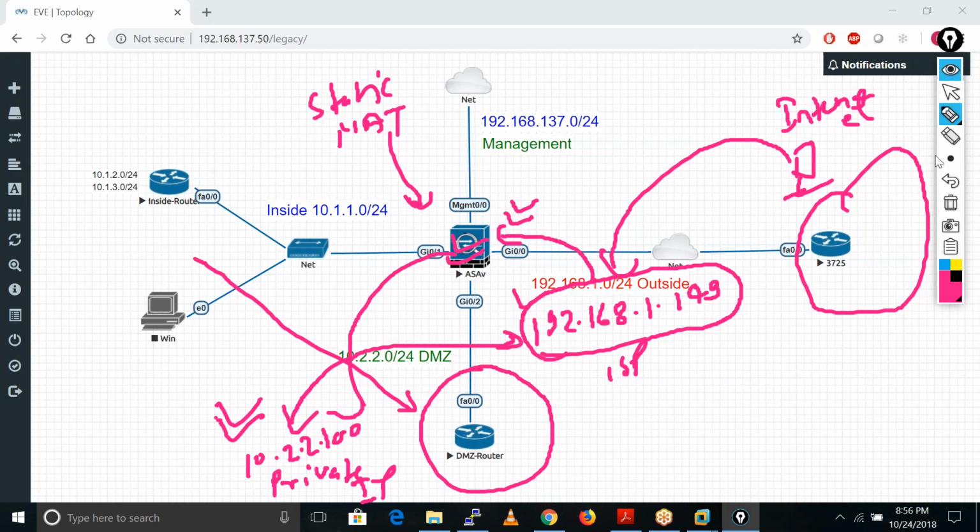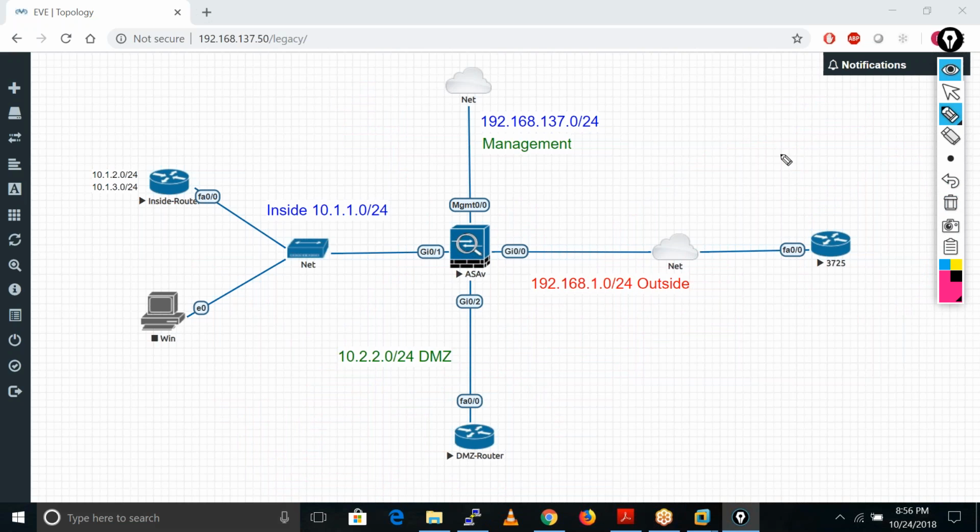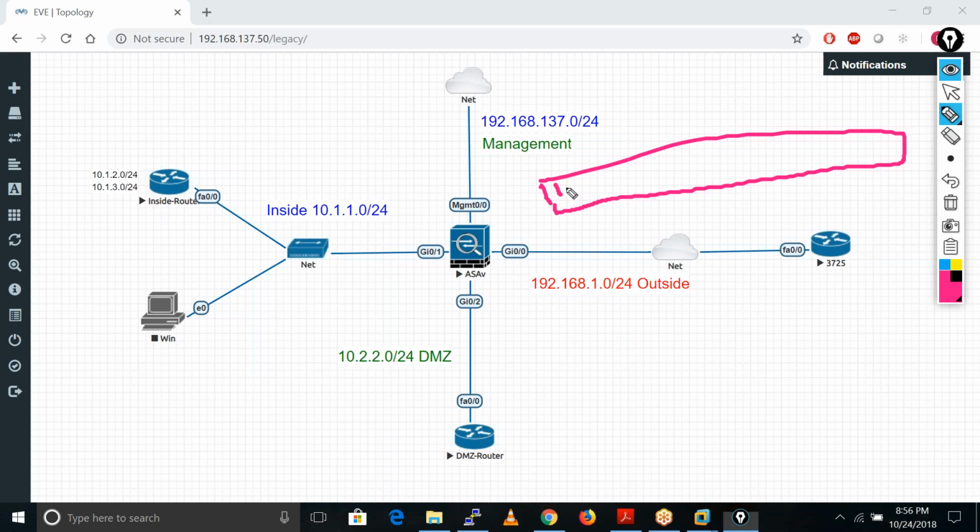So what is the packet format for that? Let's suppose this is some internet user, and the IP address of this user is 100.1.1.100, and we configure the static NAT on this IP address, 192.168.1.149.